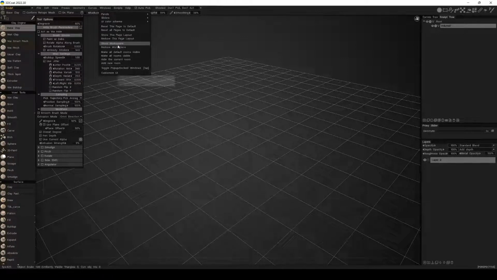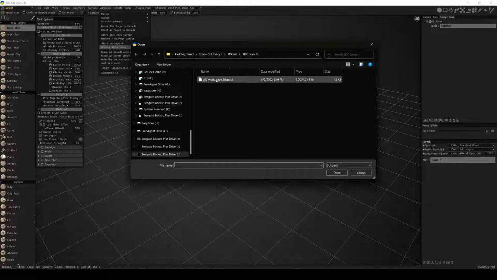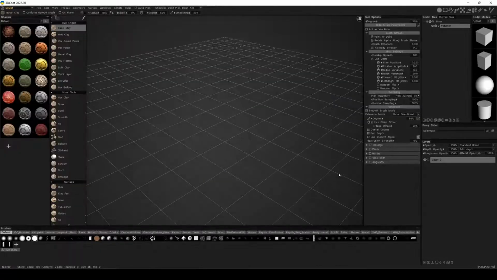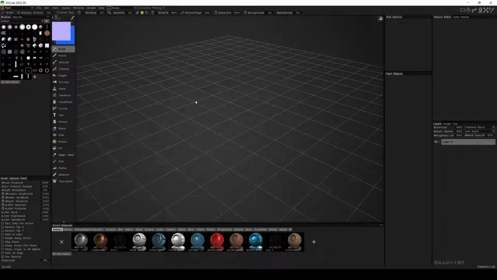So if I wanted to, I have my own workspace for all the setups. If I want to open those, I can restore workspace and then open my workspace. So now I've restored all the workspaces that I've set up for each of these rooms. So if I go to my paint room, I have my brushes, and I have my brush options panel, which